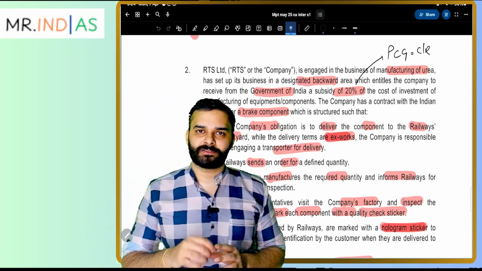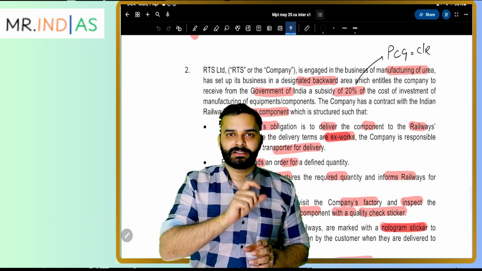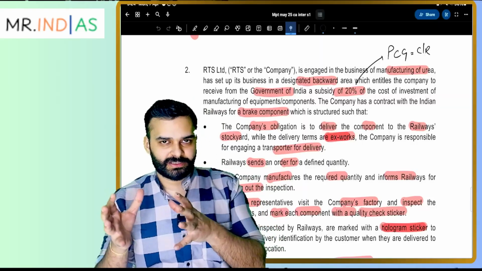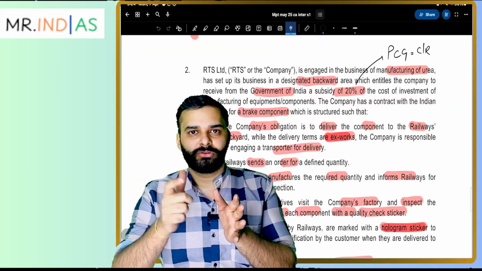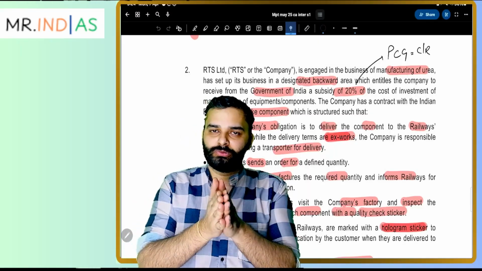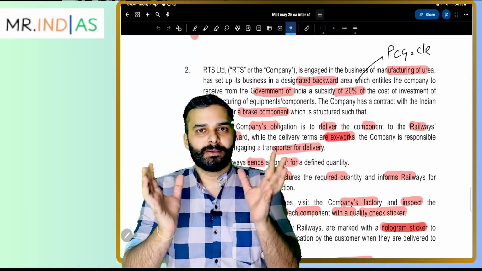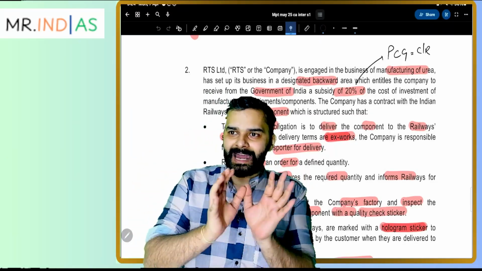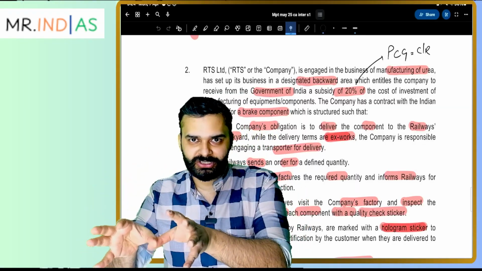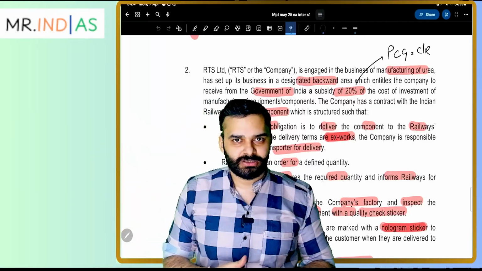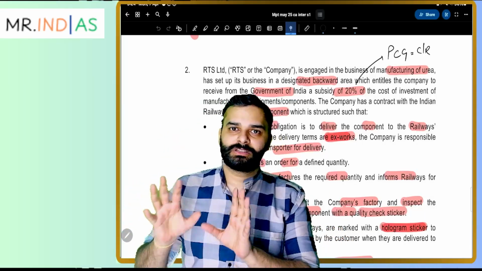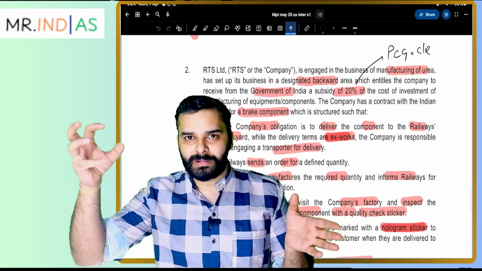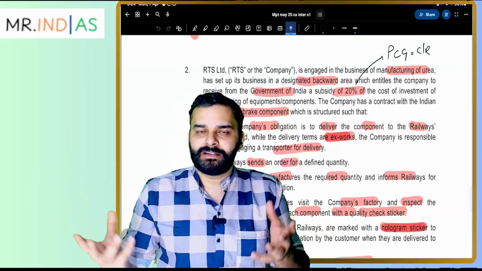Ex-works denotes a term used in the industry where contracts are eventually made. The term denotes that the obligation of the seller is restricted to manufacturing the product and placing it at the desired location. That is the wholesome obligation of the seller. Now the buyer has to pick up those goods and deliver accordingly.